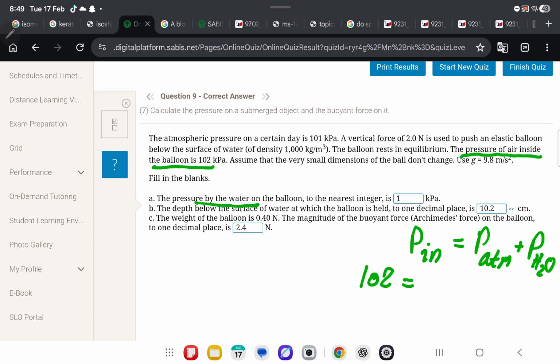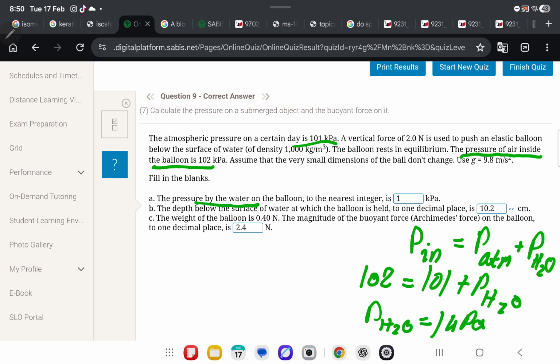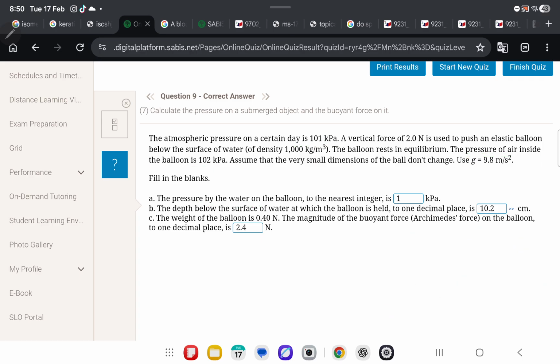The pressure of the atmosphere is 101 kilopascal plus pH2O. Subtract 101 from 102, and you get pH2O is 1 kilopascal. Done. The depth below the surface of water at which the balloon is held, to 1 decimal place, is